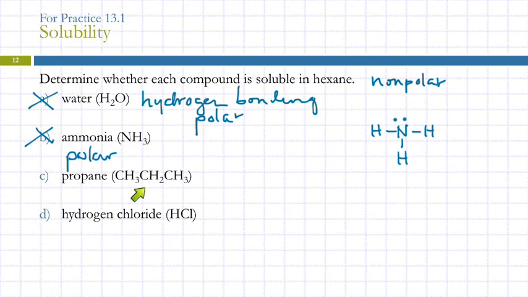There's propane. Polar or nonpolar? Nonpolar. All carbon-hydrogen bonds. Is that going to interact with hexane? Yeah, it probably will. How about hydrogen chloride? Polar. So here we've just got 2 atoms, hydrogen and chlorine. And the shortcut, instead of trying to compare electronegativity, is to decide